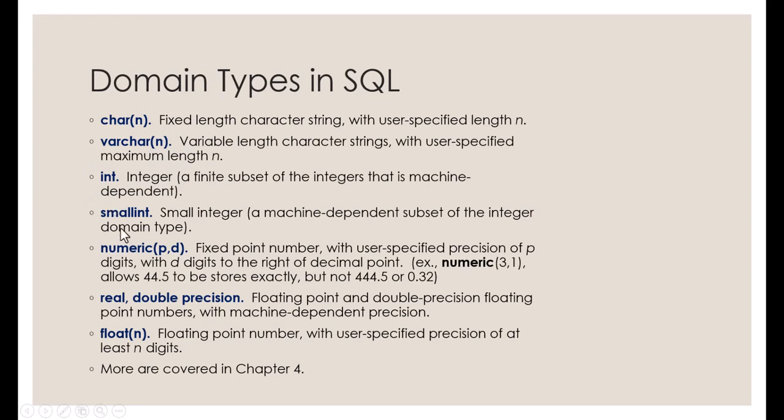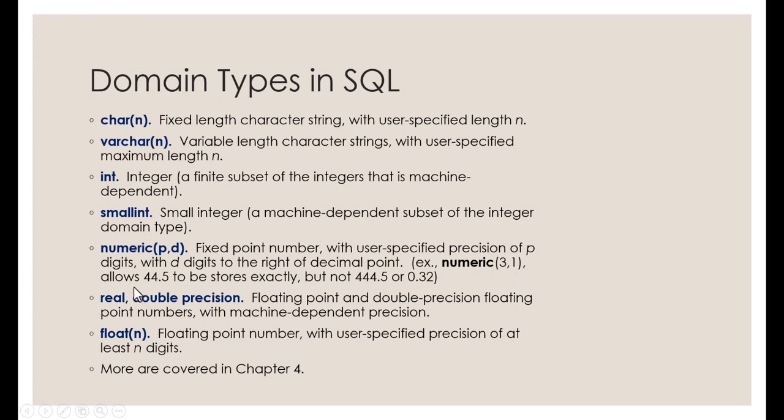We also have integer. Small integer is an integer, but a smaller number. And numeric, which allows decimal points and specifies exactly how many digits are allowed. We have p comma d. The first number, 3, means it's going to allow exactly 3 numbers total, doesn't matter if it's before or after the decimal point. And then the next number, 1 here, means it's going to allow up to 1 number